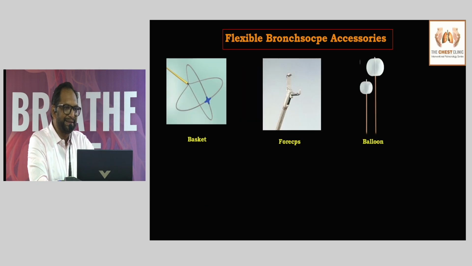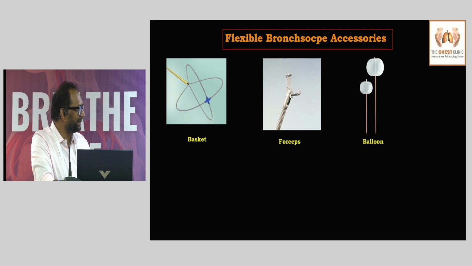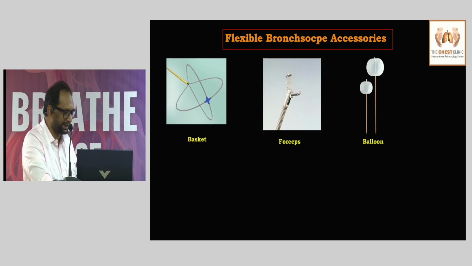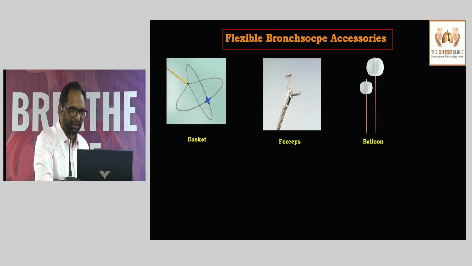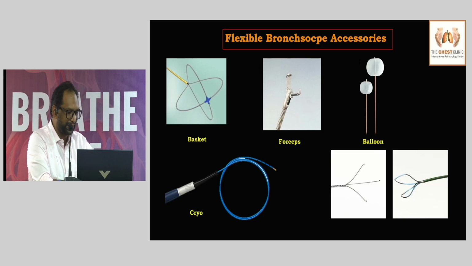So coming to the accessories, these three accessories should be there whenever you are attempting a foreign body retrieval. The first is a basket, second is a forceps, and third is a balloon. That's the order of priority. The first instrument we use in a foreign body aspiration is a basket. We'll come to it one by one. You can also use a cryoprobe, especially if the foreign body has water content in it. Some other instruments like tri-prongs and grasp-fit forceps can be used,